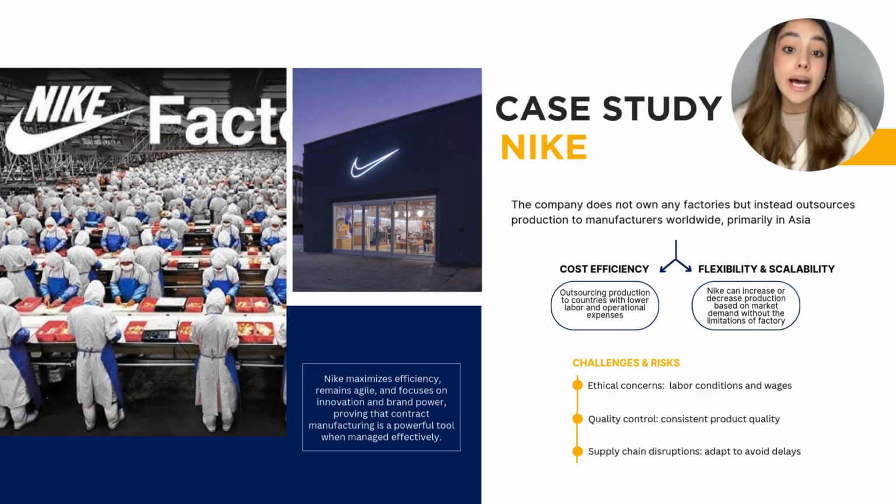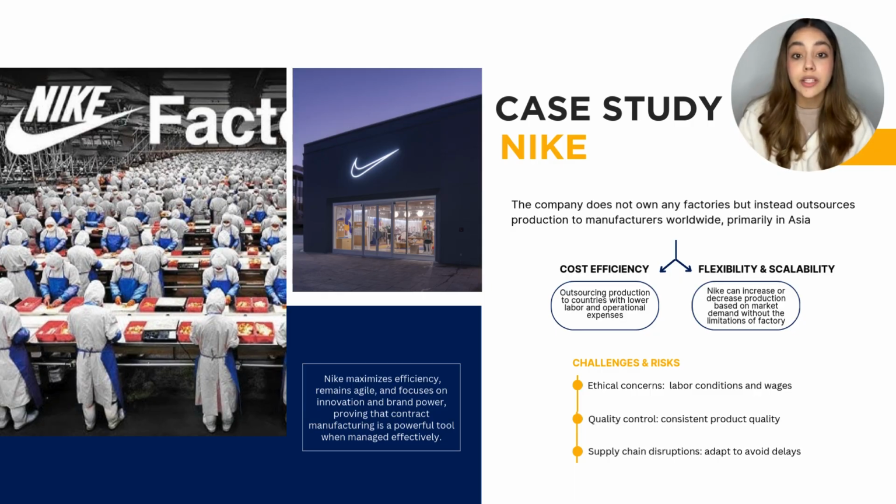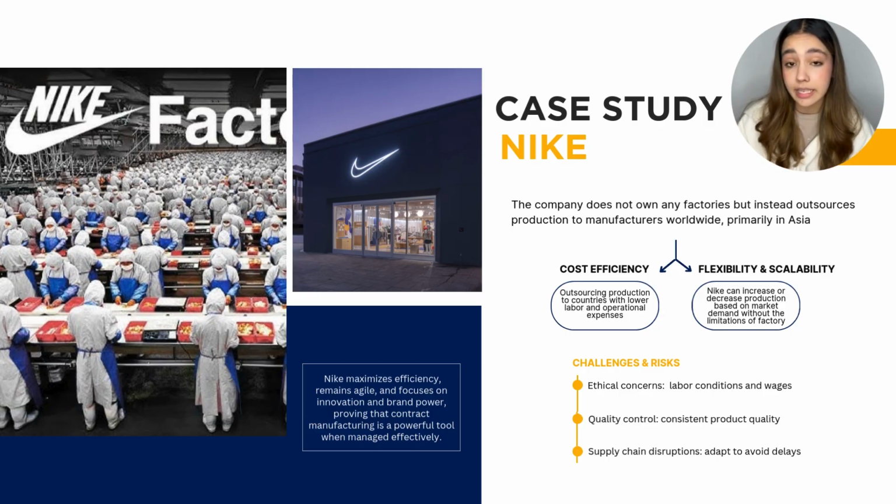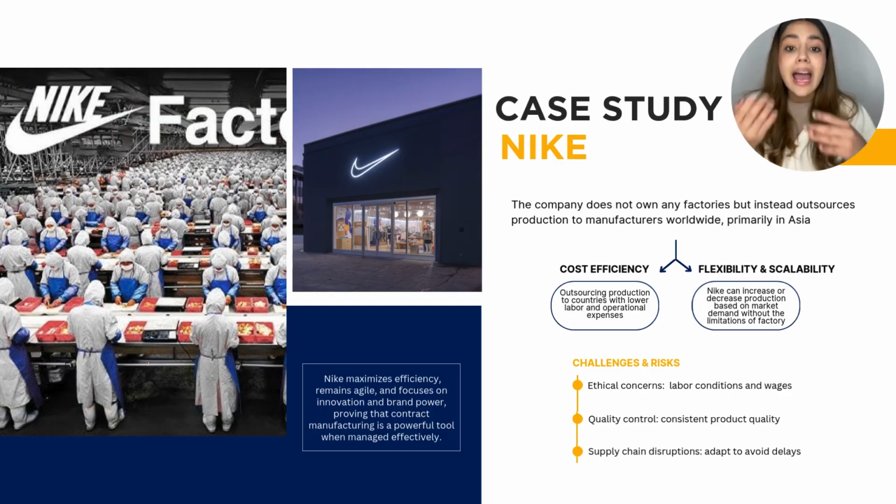cost efficient. However, contract manufacturing comes with challenges. Nike has faced criticism over labor conditions in its supplier factories, leading to reputational risk and increased scrutiny. Additionally, relying on external partners means Nike must closely monitor quality control and manage potential supply chain disruption, especially during global crises like the COVID-19 pandemic. But at the end of the day, Nike's success with contract manufacturing shows how businesses can leverage outsourcing to achieve global scale. However, it also highlights the importance of ethical sourcing, quality management, and supply chain resilience in ensuring long-term